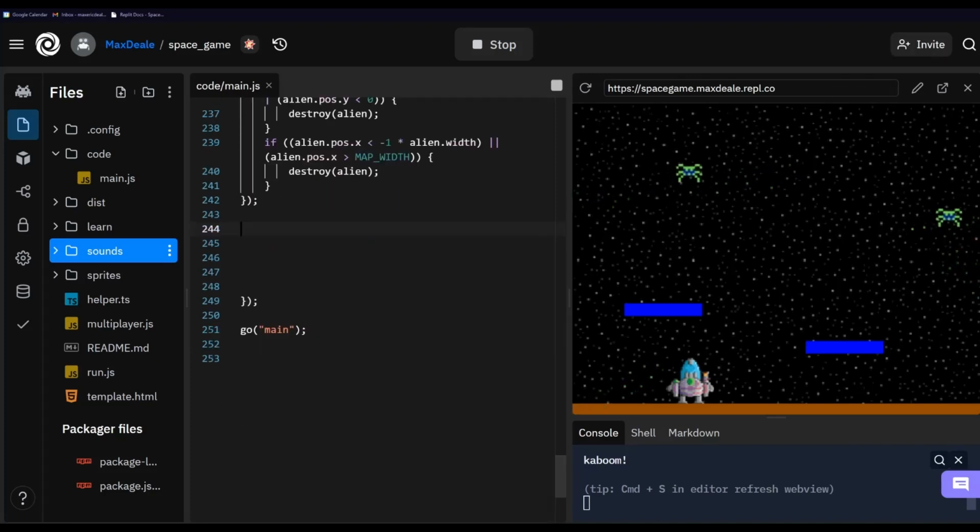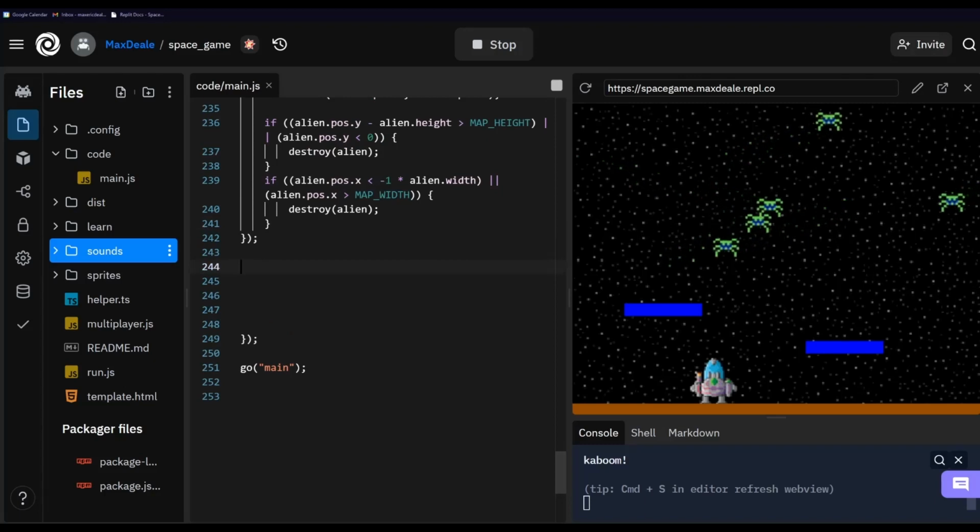Awesome. So you can see that if I move my spaceship around, I can shoot. But if I try to shoot one of these aliens, you can see that the bullets are going right through the aliens. So that's obviously not what we want. So we're going to need to check for the collision of the bullet against the alien to obviously kill our aliens. So I'm going to say over here, enemy bullet